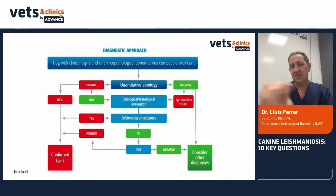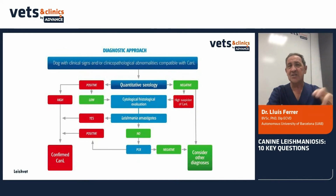And this diagram that you have here, this flow chart, was made by the LeishVet group. That's a group of veterinarians interested in and experts in Leishmaniasis. And they propose that when you have a dog with clinical signs of Leishmaniasis, or you suspect that this dog could have Leishmaniasis, the first thing that you can do is a quantitative serology. The first step is doing a quantitative serology, measuring the presence of antibodies against Leishmania in the serum